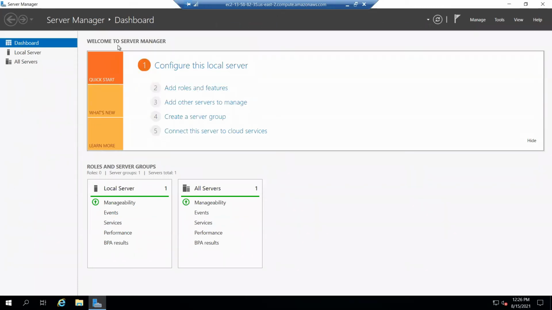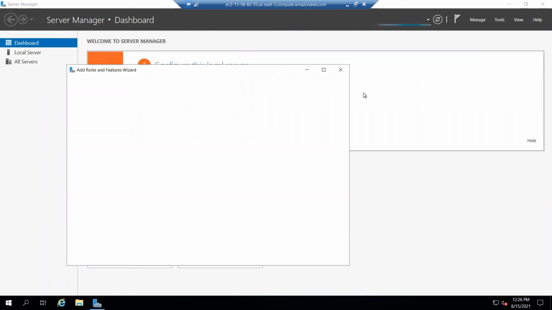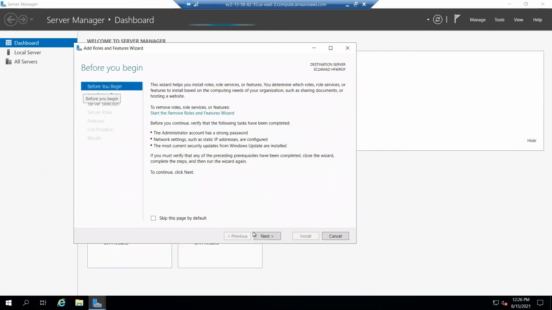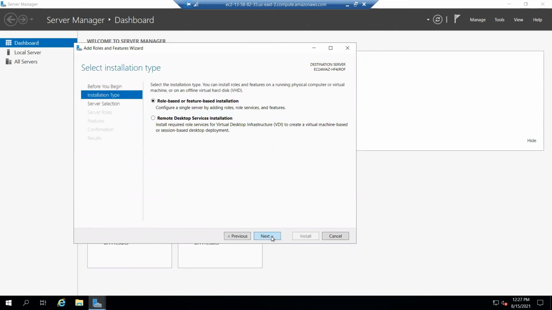Let's wait for some time. Meanwhile, this is initializing. I'm just going to install one of the web services, and in Windows, IIS, Internet Information Services, is an example of web services.